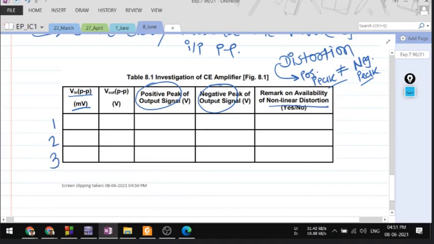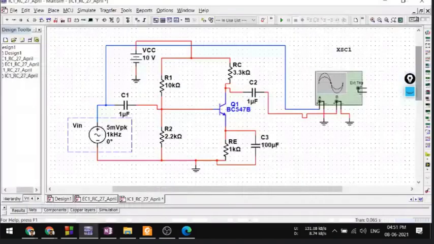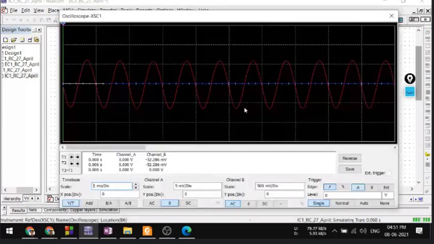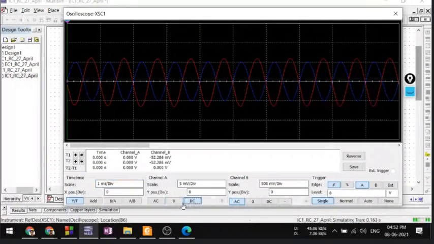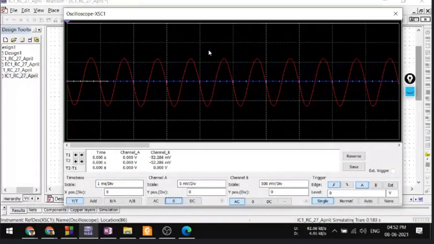So it is the same simple circuit, but we have changed only the input to 1 kilohertz frequency. Everything else is the same. Let me run it and you have a look. Pay attention. So this is your output signal. Input is 5 millivolt peak, so 10 millivolt peak to peak. Blue is the input, but I'm interested in the output only.